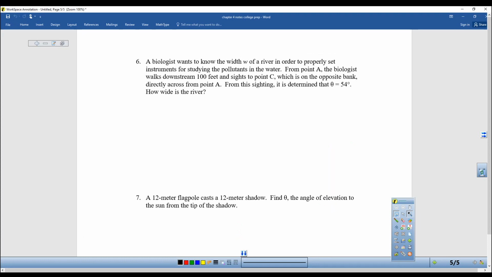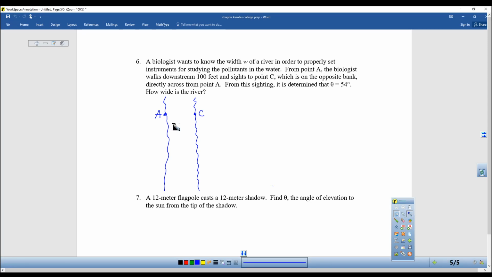Number 6, a biologist wants to know the width of a river in order to properly set instruments for studying the pollutants in the water. From point A, the biologist walks downstream and sights to point C, which is on the opposite side of the bank directly across from A. So here's A and here's C. And he could get into a boat with a measuring tape and paddle across, and then he could figure out how wide it is. But if he doesn't have a boat or doesn't feel like swimming with a measuring tape or string in his mouth,